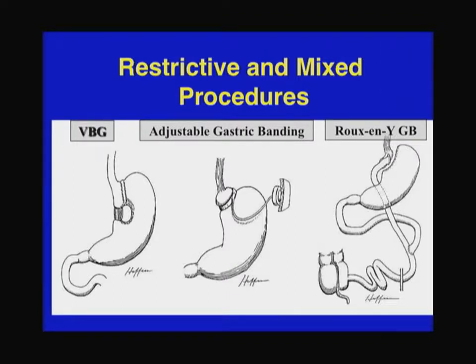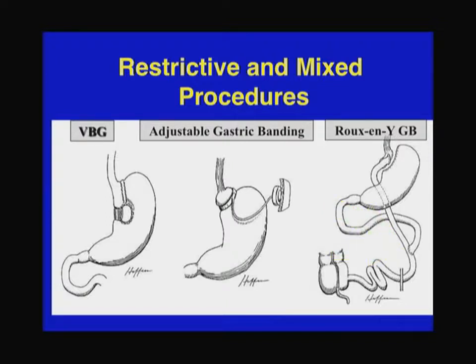So again, the stomach is now resected, and you have a small pouch. This is the esophagus. The food comes down the esophagus, goes into this relatively small residual stomach, and that makes people feel full. So they eat small feedings throughout the day. The food then passes through this now part of the intestine, which is brought up to meet the stomach here. But this is now intestine that used to start down here.